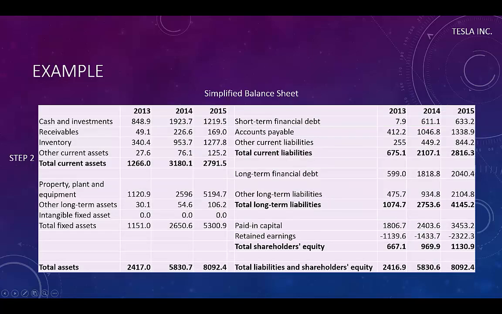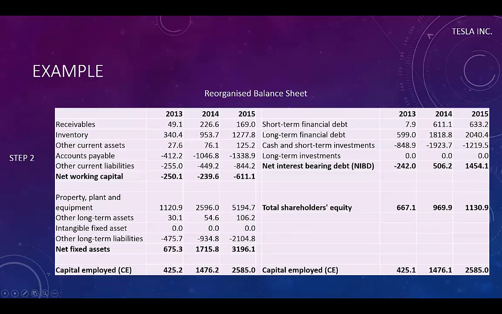The balance sheet has also been simplified a bit. Unfortunately, as we discussed in the financial statement lecture, the standard way of presenting the balance sheet might not be appropriate for valuation. A better approach is to reorganize the balance sheet so it better reflects the operational and financial assets and liabilities. Following the same approach we used in the financial statements lecture, we arrive at the following reorganized balance sheet. The left-hand side consists of net working capital and net fixed assets. The right-hand side consists of the net interest-bearing debt and the equity.